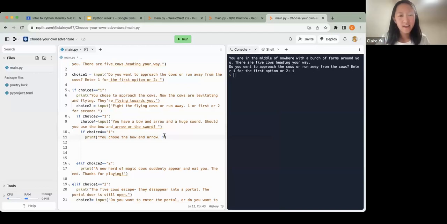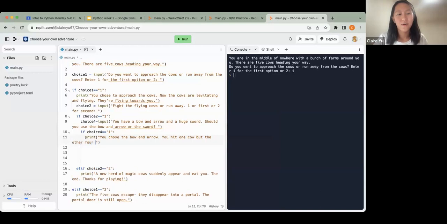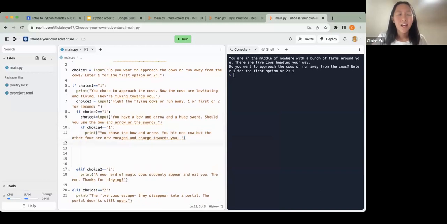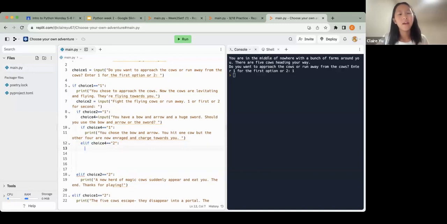You hit one cow, but the other four are now enraged and charge towards you. Uh-oh. So elif choice 4 equals 2, meaning if the users decide to take the sword instead,